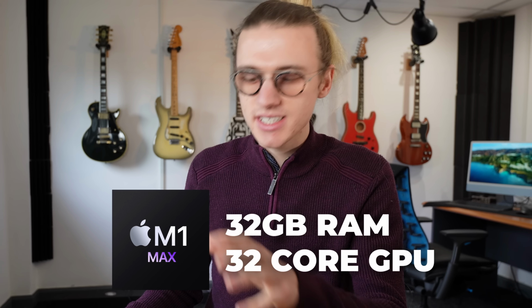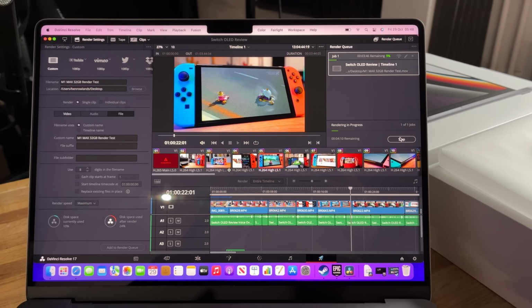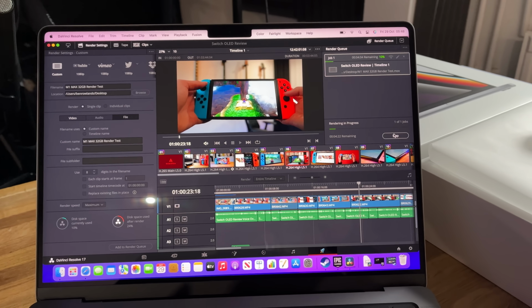Yesterday, I finally received my 14-inch MacBook Pro with the M1 Max 32-core GPU and 32GB of RAM. The very first thing I did was run my DaVinci Resolve render test. This is a timeline that consists of heavy color grading, the deflicker effect applied to every single clip, and a bit of noise reduction. Now on my M1 iMac that's sat behind me over here, this video took 33 minutes